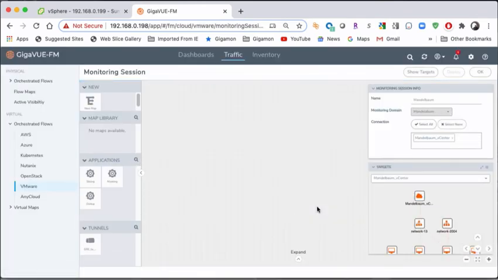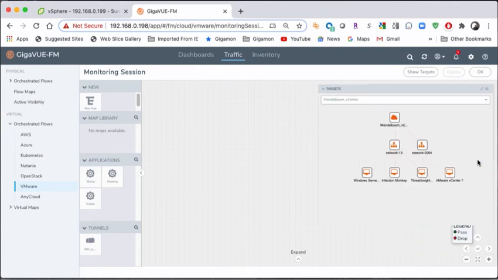Now I get the really nice graphical drag and drop environment. Before I do anything, I want to take a look at the targets. Now what it's using is automatic target selection. So I can expand these out and take a look at the networks that I'm looking at, and I can look at the different hosts that it sees, and I can see everything that vCenter is managing. Now I don't have a really large network over here that I'm monitoring. I can see that I've got some hosts that are talking on